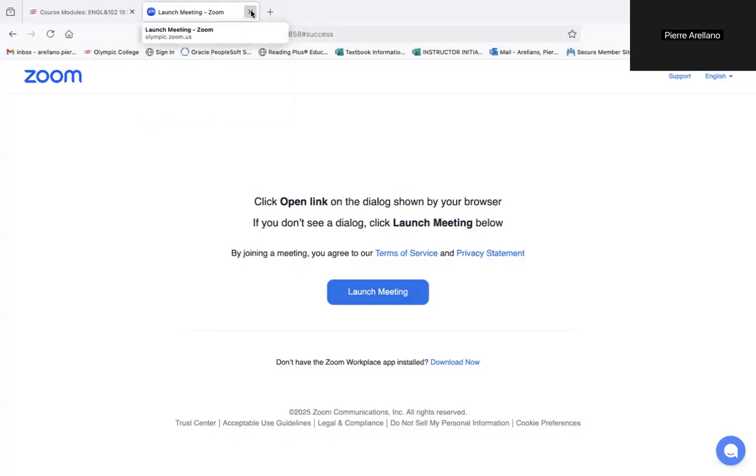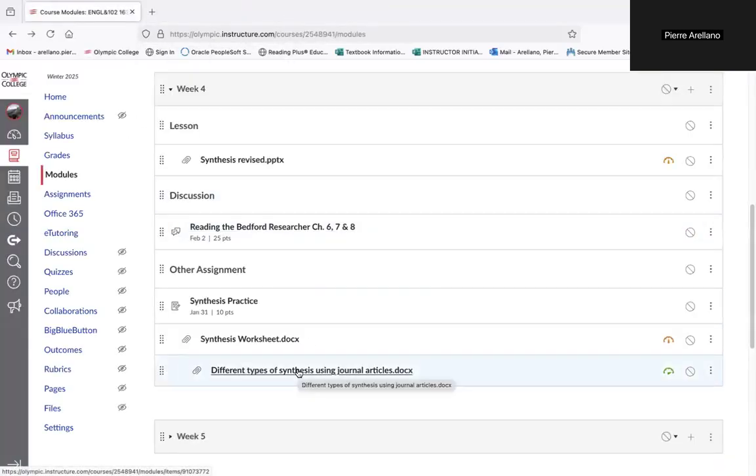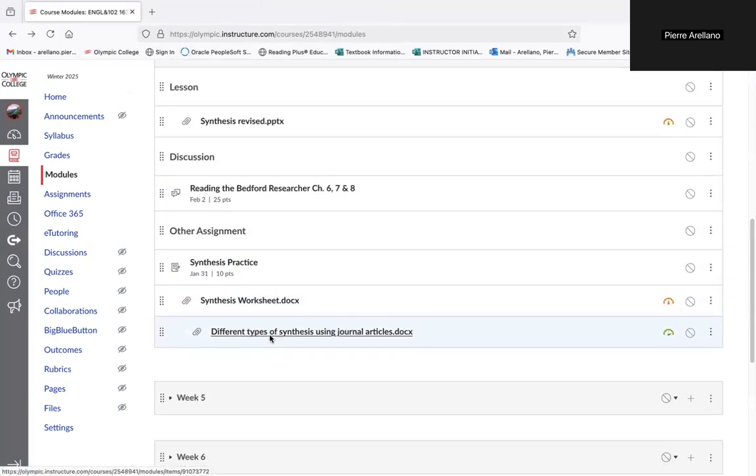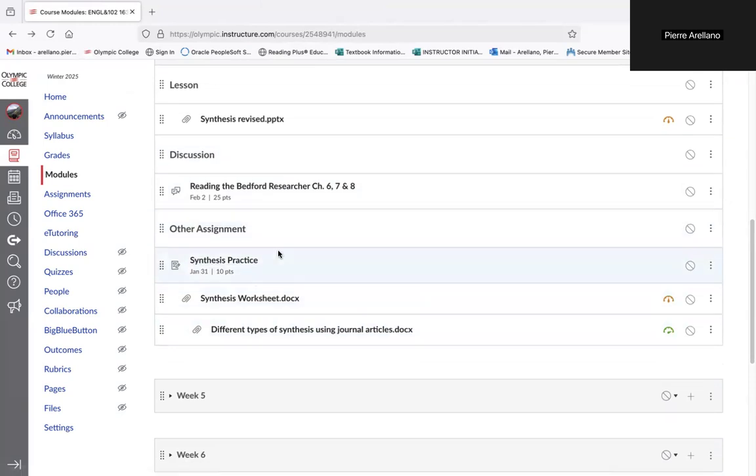Let's close Zoom here. All right, so after seeing this PowerPoint presentation, the best thing to do, of course, is practice synthesis. I've given you here, under other assignments, a synthesis practice. As long as you complete this to the best of your ability, you'll get points. I just want you to practice this as part of trying to figure out how synthesis works. Based on your sources, you're going to use your own sources to do this. You will submit a practice assignment here